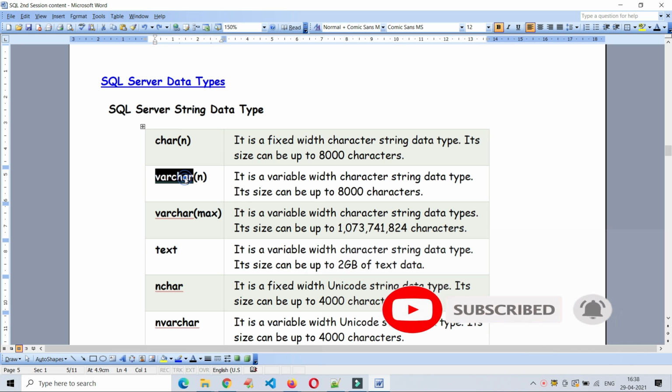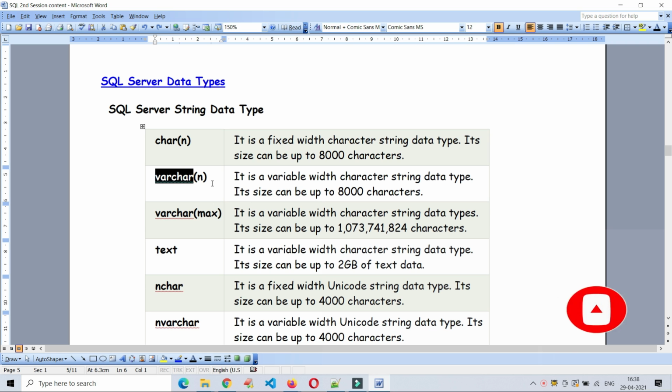And VARCHAR is a variable length type. If you declare any column with VARCHAR(n), you can enter any number of letters or characters up to n. But if you mention the size of the character data type as 4, you cannot specify more than 4.